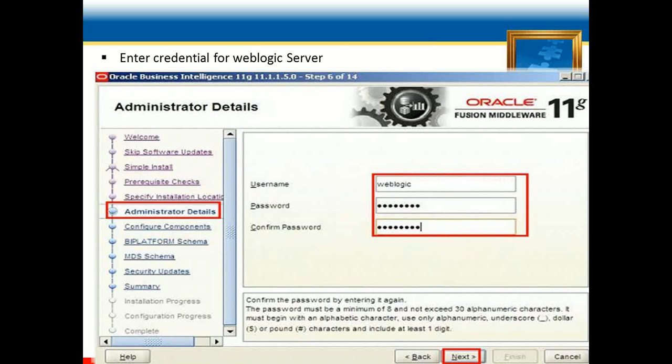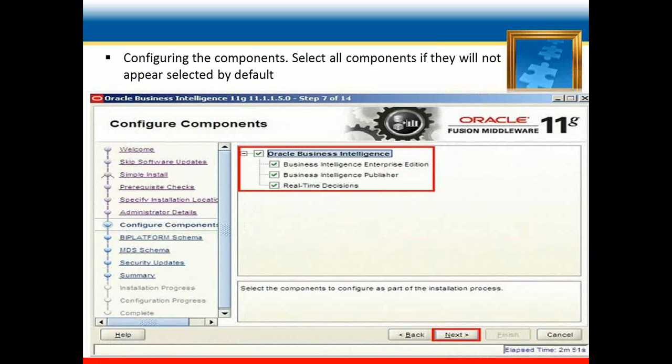In the case of OBIEE, the WebLogic user is the administrator user. For OBIEE 11G, the WebLogic user plays the important role as administrator user for BI analytics.